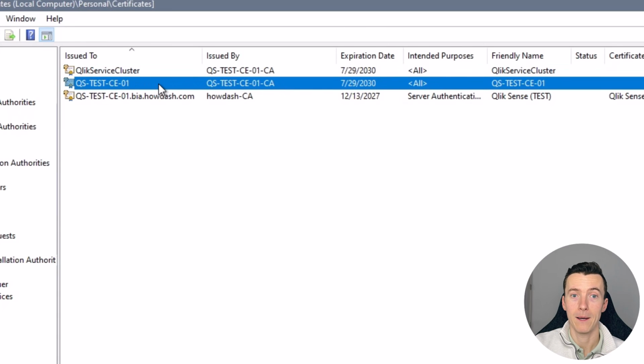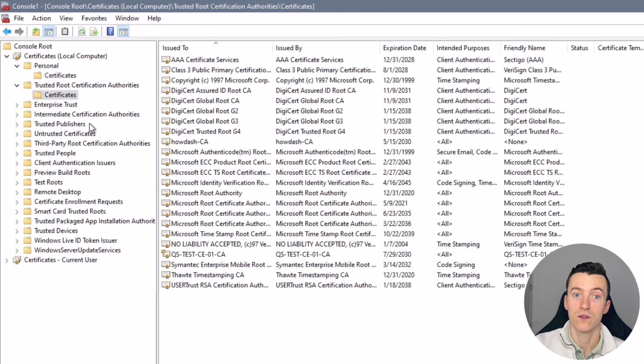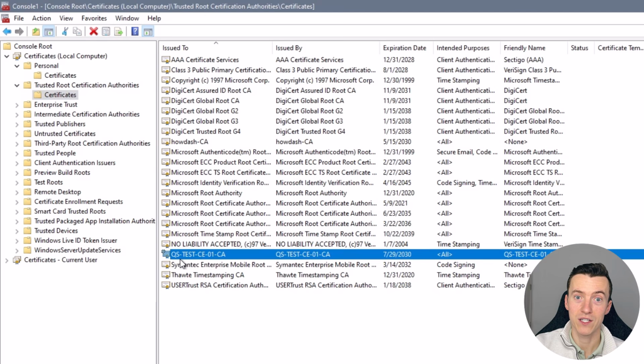That's what happened here. But in order for these two certificates to be trusted, for them to work essentially, we need to have a corresponding certificate in the Trusted Root Certification Authority folder. For example, these two certificates were issued by QS Test CE01-CA. And in the Trusted Root Certificates folder, I have this matching QS Test CE01-CA certificate. Again, you'll have the same setup, but your certificates will have the name of